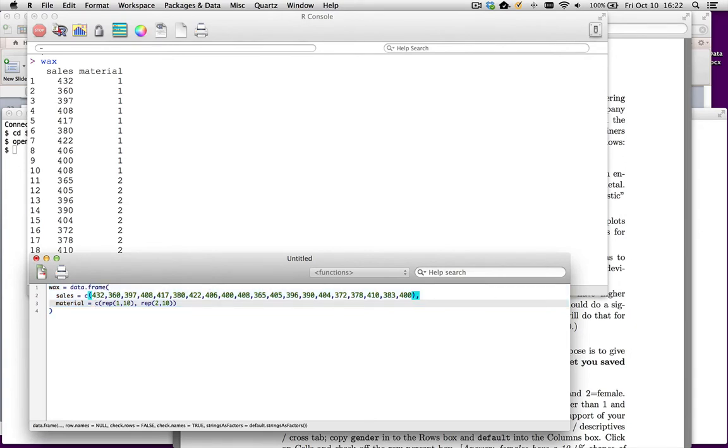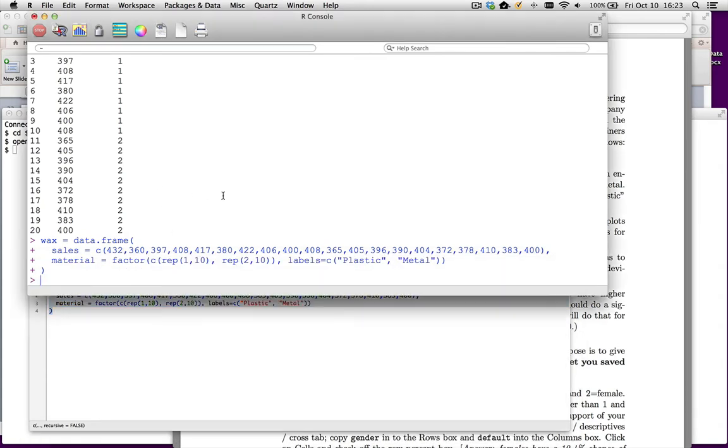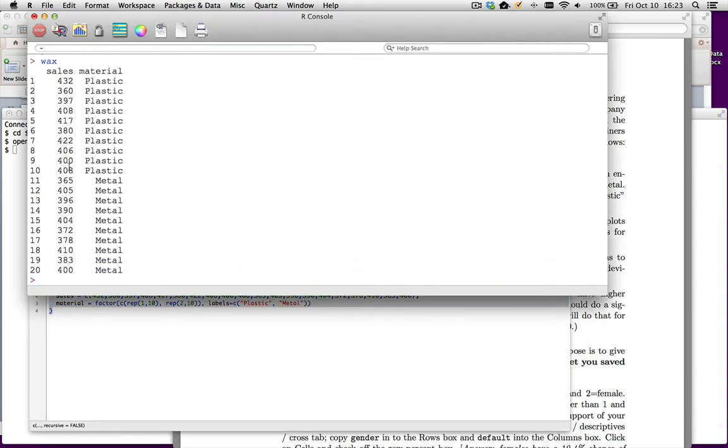I'm going to make it prettier by making this a factor. Now I'm going to put all this as a factor. Now I can add an additional option, which is labels equals, and now I'm going to make this a vector. Let's have the first one, I think, was plastic, and might as well spell it right, huh? And then the other one is metal. Now if I highlight all this, hit Command Enter again, and go type it, you'll see, lo and behold, now we have our labels. All right,